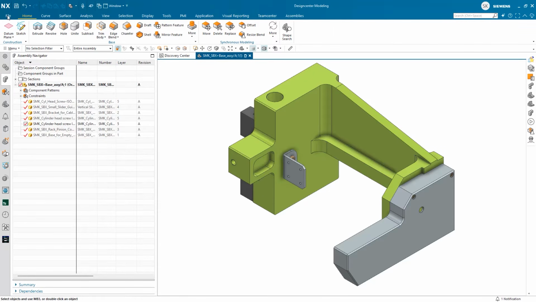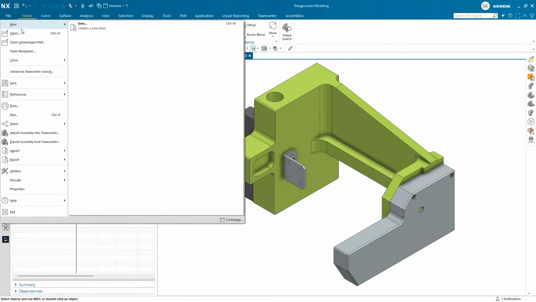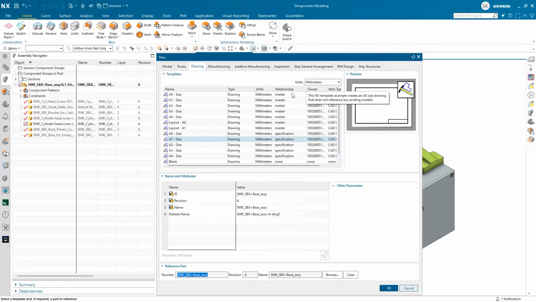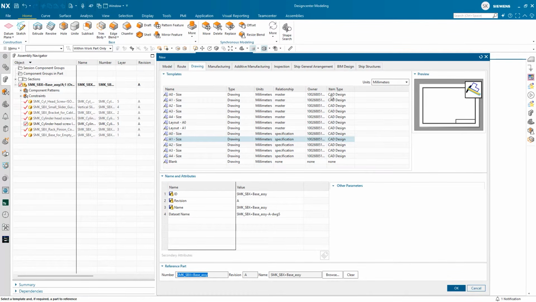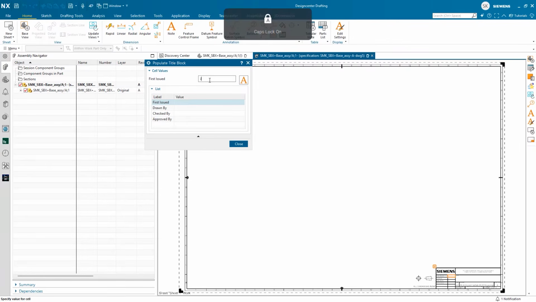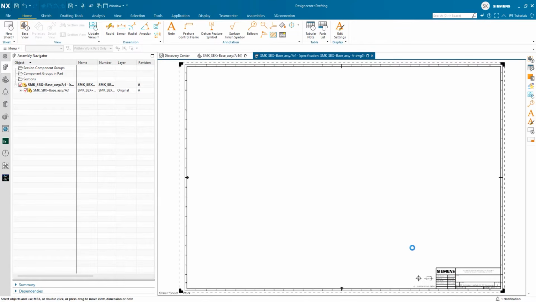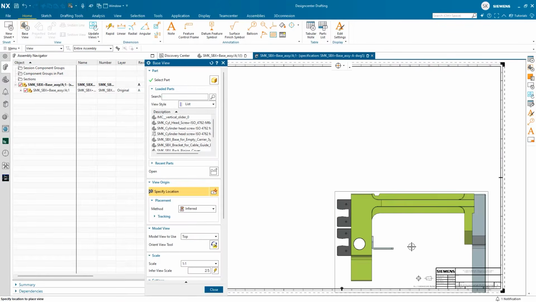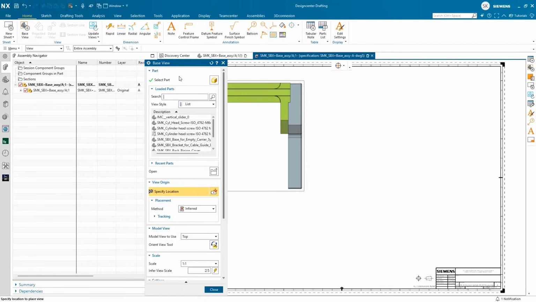So once we approach this, we're going to go ahead and create a new drawing. In this case, in the context of Teamcenter, we'll be using a specification. So I decide to select a particular size that will fit what I'm trying to create. Once I've selected that specification, and know it is referenced to the subassembly, I want to go ahead and generate that. Once we come in here, it'll give us the title block creation capability. Then we go ahead and populate that information.